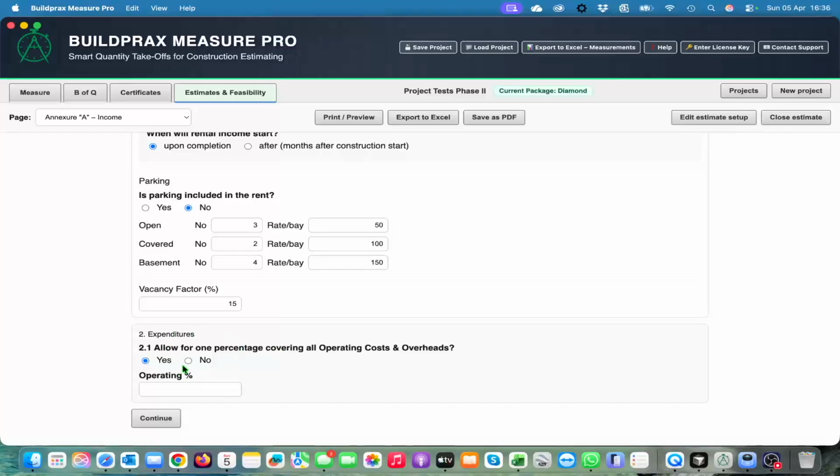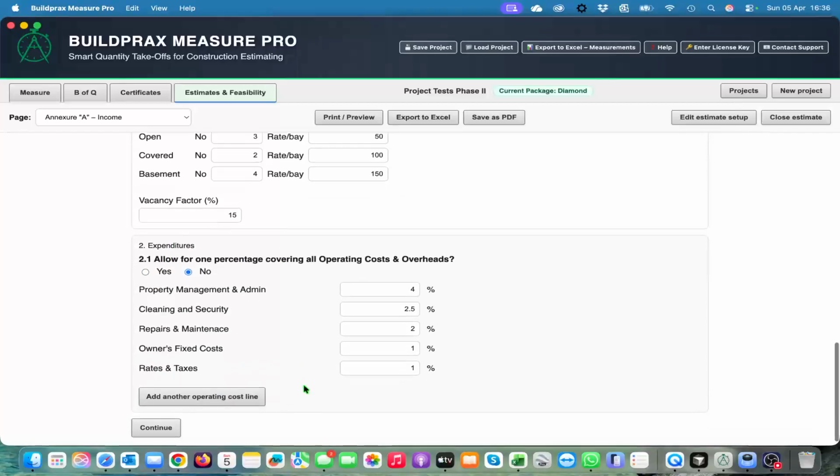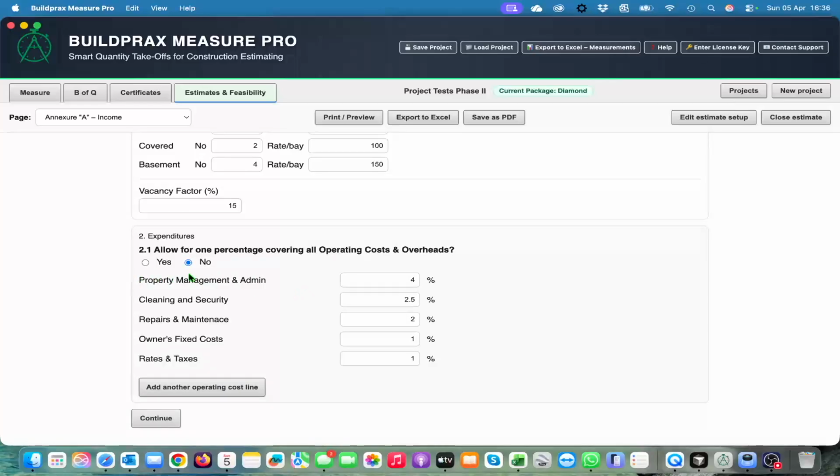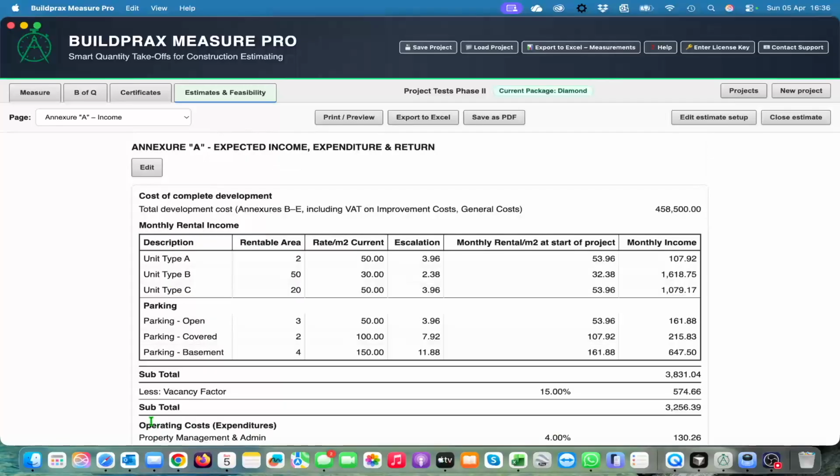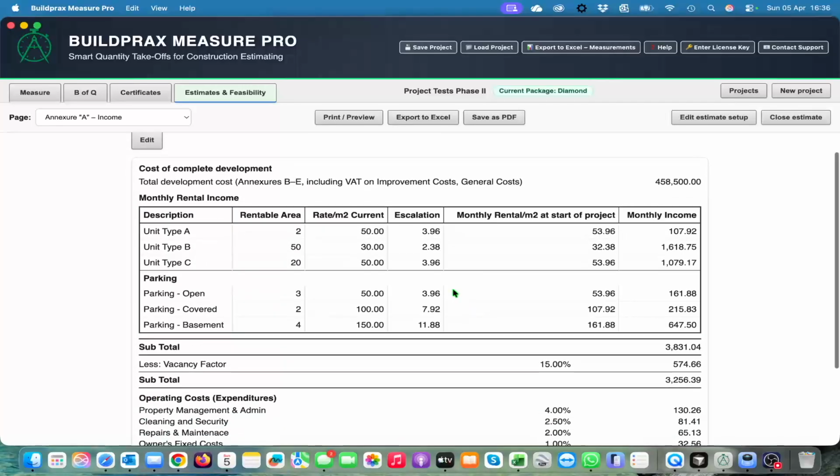If we say no, we break it down into property and admin, cleaning, repairs, and whatever you want, and you can add a few more and put the percentages there. We continue, and it will work out the rental income per unit and the rentable area,